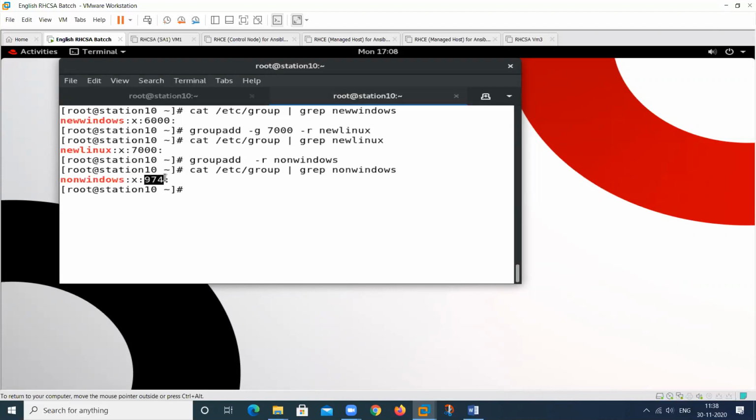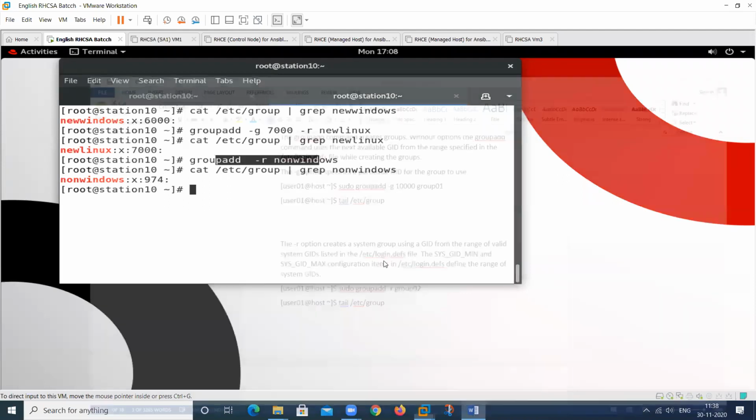You can see the ID is below 999 because this is my system account. If I provide the ID manually, the ID will change. If I am not using this particular option, the ID will always remain below 999. So this is the concept regarding the service account, the service group account.